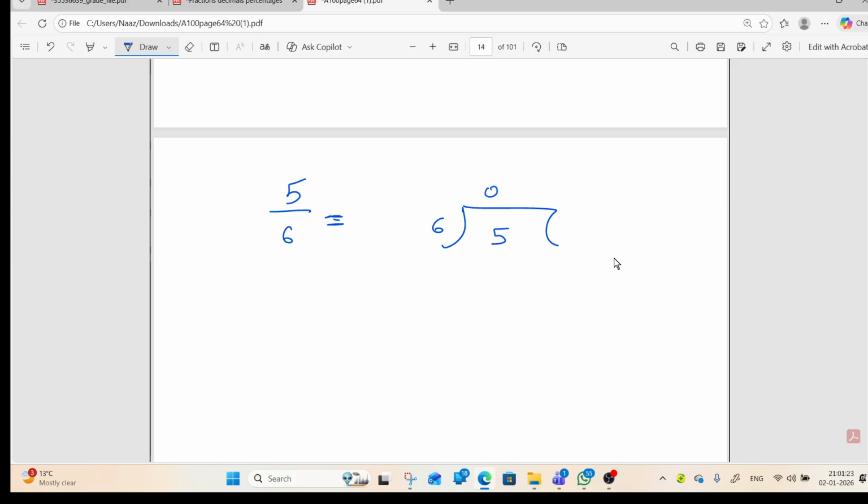You put a decimal and a zero there, right? It is 5 over 6. So with the decimal you put a 0. That should be your first step. After that,